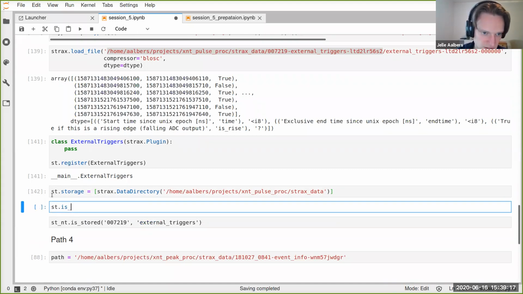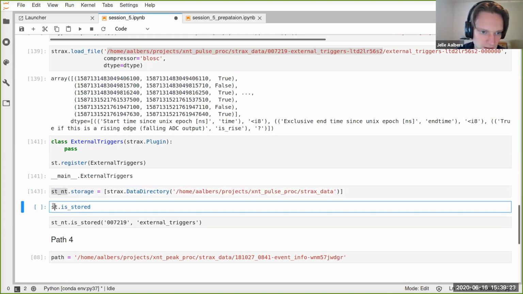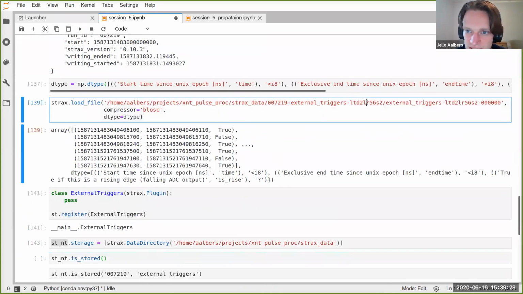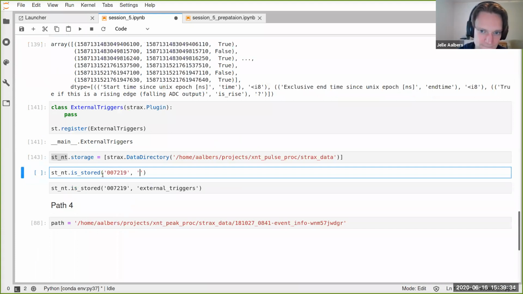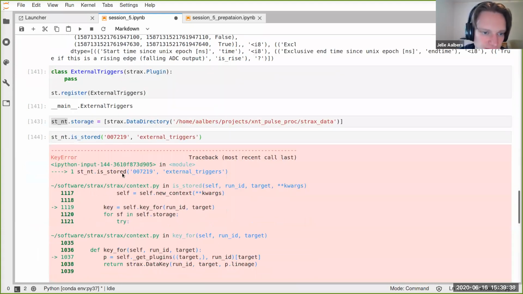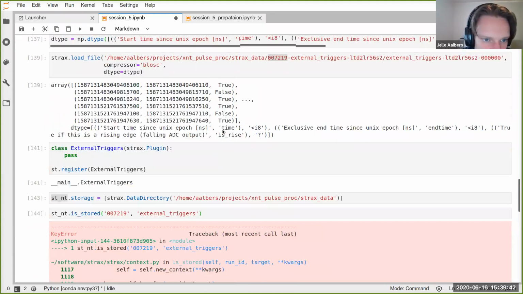Is stored. Probably want the Anton context, right? Otherwise things might go wrong. Is stored, this run ID. External triggers. Key error. No plugin class registered that provides external triggers.